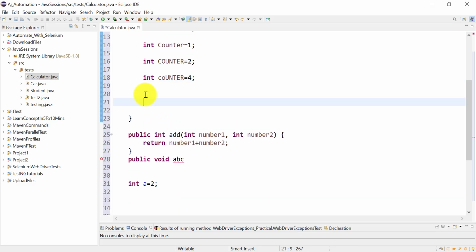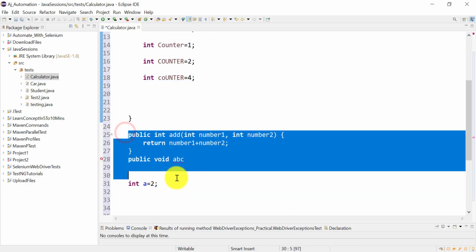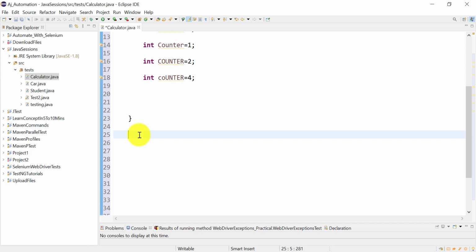Let me delete this code. Let's try to create a method, public void, and I can use alphabets small a to z and capital A to Z like this. It is allowed. Any character between A to Z is allowed, right?